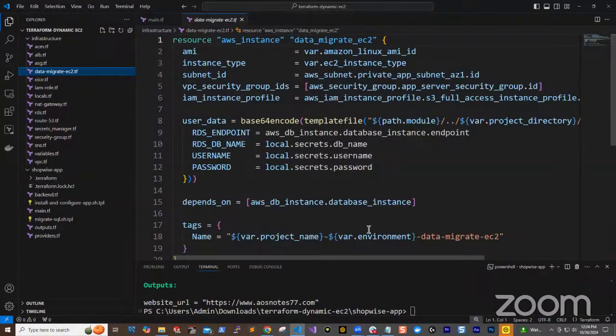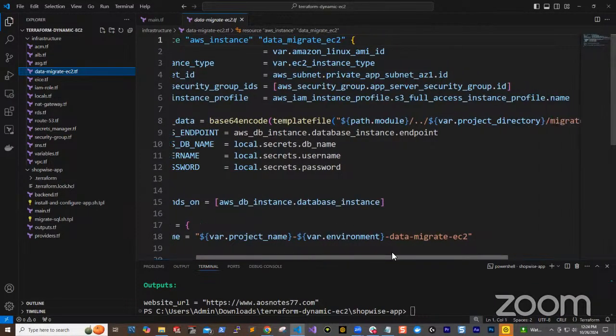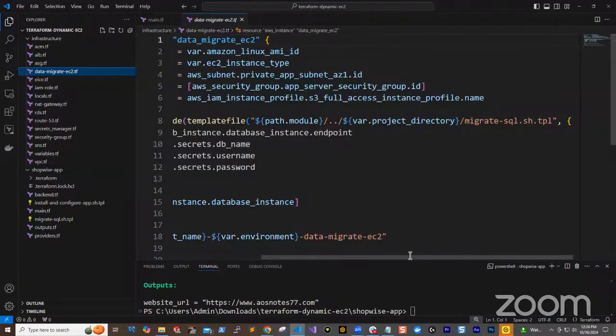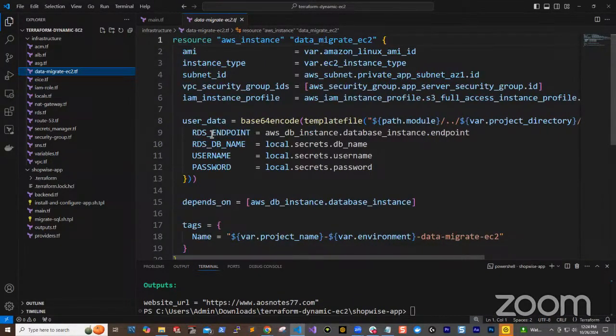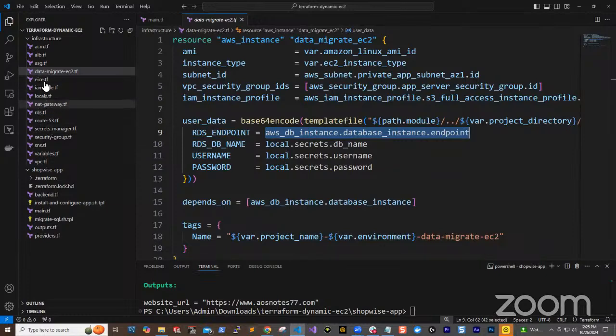Adding my user data script, I'm pointing it to wherever my script is located, and the environment variables that I've stored in that script. You see the endpoint here. I'm pointing it to my resource type dot reference name dot endpoint. You get it? So that would be the value of my